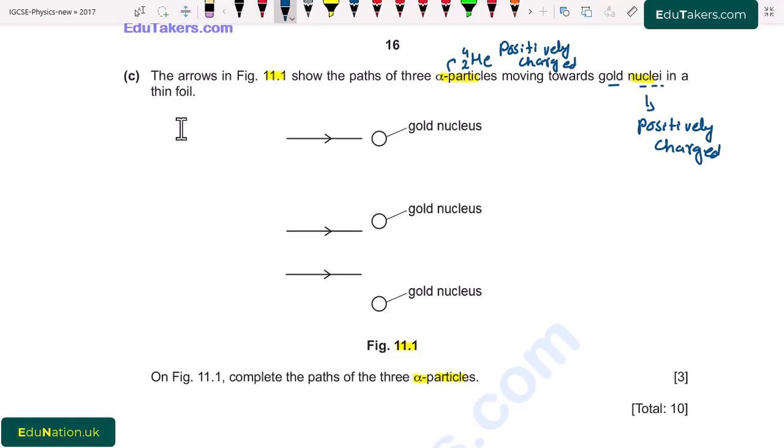So there will be the repulsion between the alpha particle and the gold nuclei. In the first figure, we can see that the alpha particle is coming towards the gold nucleus. It will be reflecting back. It will be deflected in the backward direction and goes here, just like this. In the second figure, the gold nucleus is above, but the alpha particle path is below. It means that there will be the deflection and it will be just like this.